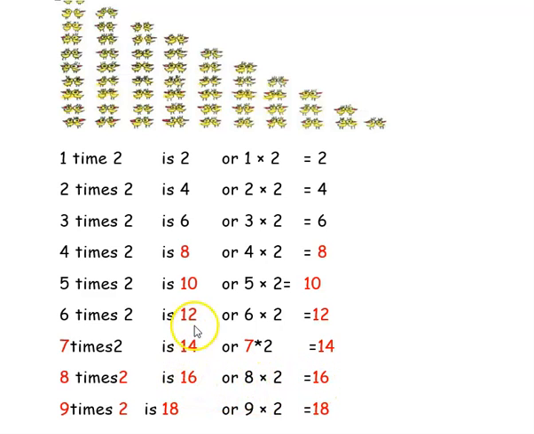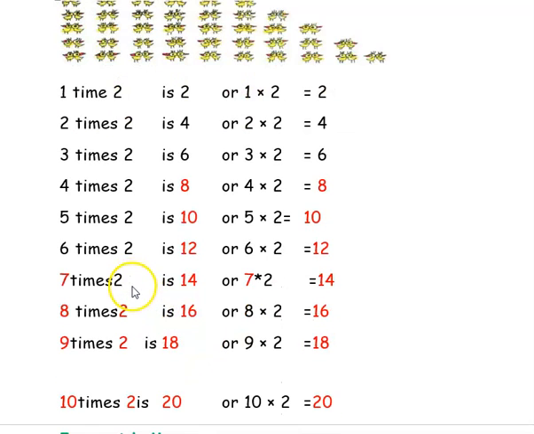So if you see here, each time 2 birds are added. Right? So if you go for the ninth row, 1, 2, 3, 4, 5, 6, 7, 8, 9. So 9 times 2 birds, 9 times 2 is 18. Another 2 is added here, or 9 into 2 is 18. Similarly, if you see the last row, it is 1, 2, 3, 4, 5, 6, 7, 8, 9, 10. So it's 10 times 2 birds, that is 10 times 2 is 20 or 10 into 2 equal to 20.